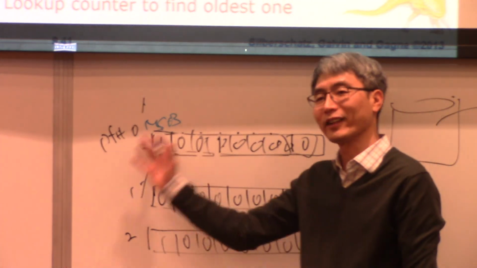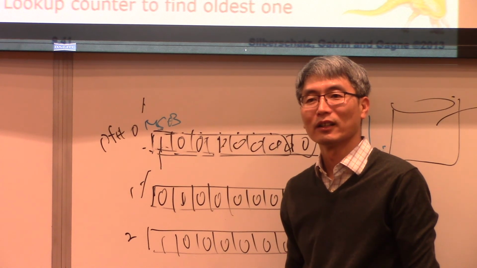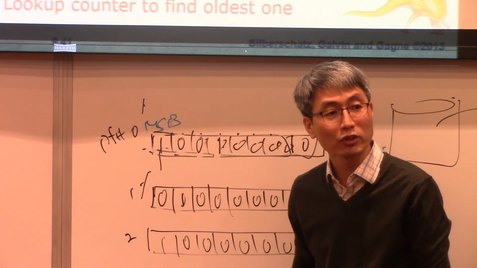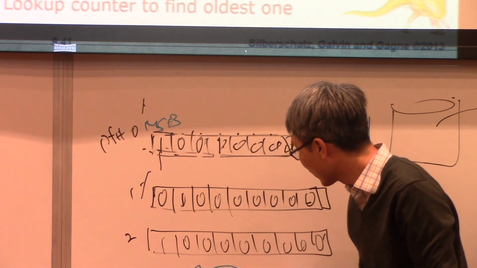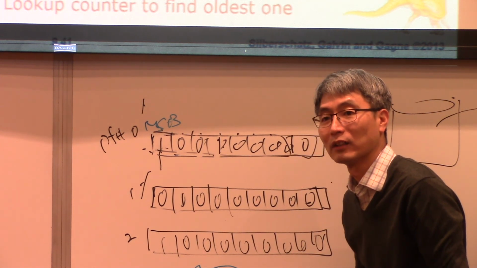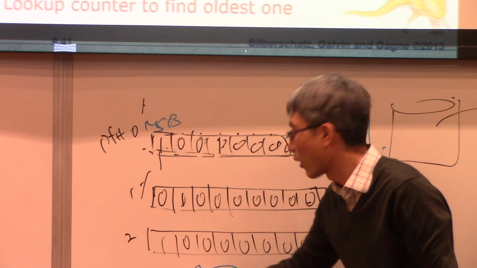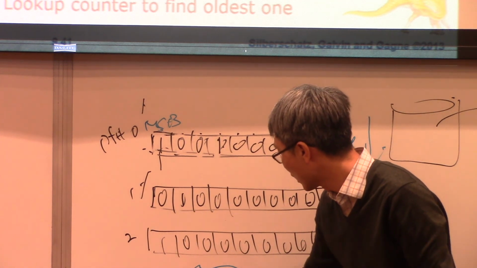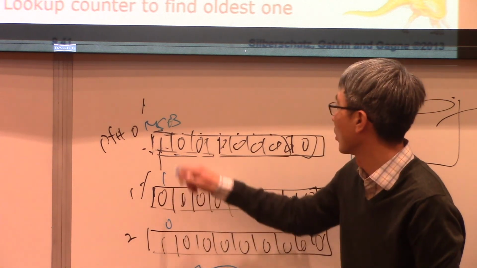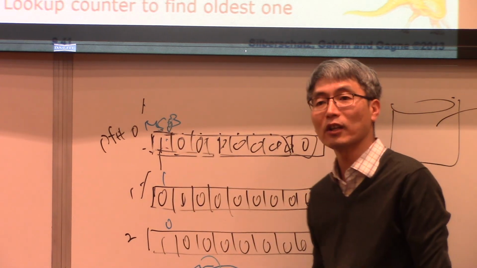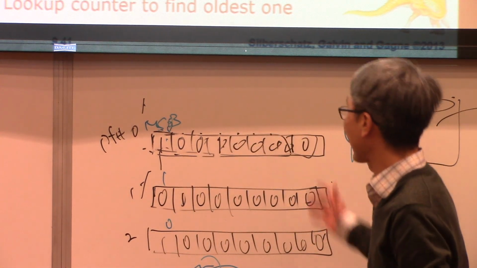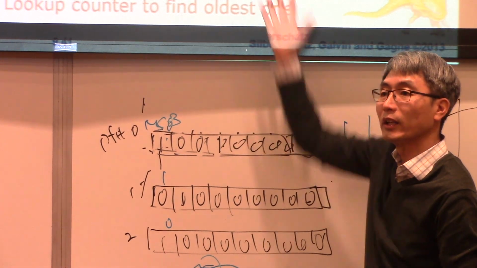And how do you calculate this? There is an instruction also. Most CPUs provide an instruction for counting how many 0s there are at the most significant bit part, so the highest number of 0s. In this case, this one has 1, 2, 3, 4, 5 zeros, this one has 0, this one has 1 zero, and this one has 0. So this will be the victim page. You can calculate it. But the benefit compared to this one is that it will manage only